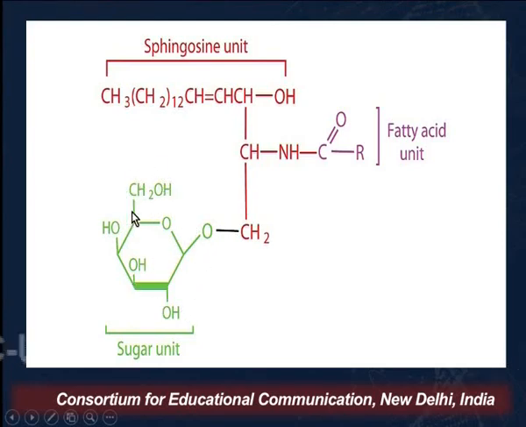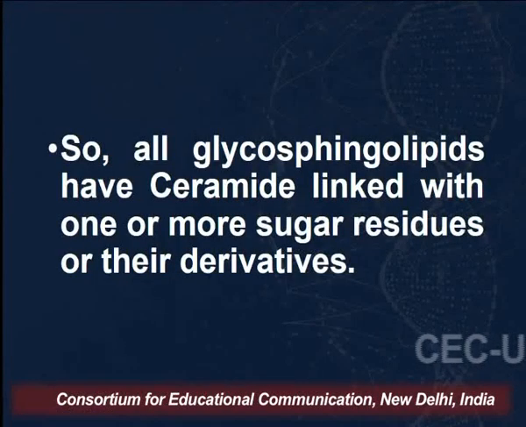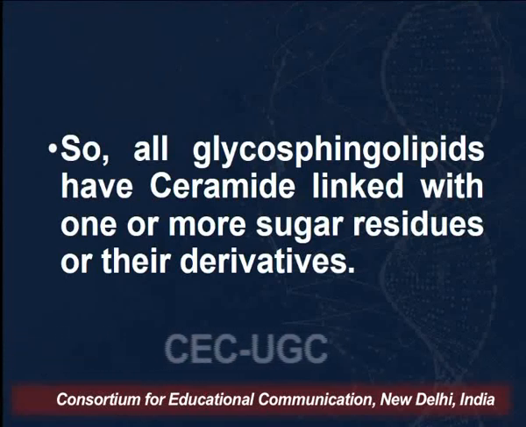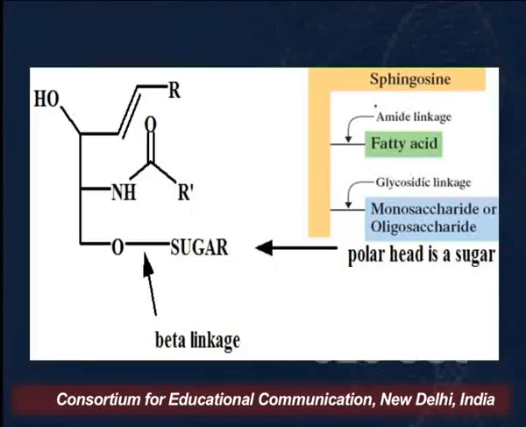That is, it can be a monosaccharide, it can be a di-, tri-, tetrasaccharide, that is an oligosaccharide, or it can also be a complex oligosaccharide. So let us see what happens next if we change these groups. As I've already said, all glycosphingolipids have a ceramide linked with one or more sugar residues or their